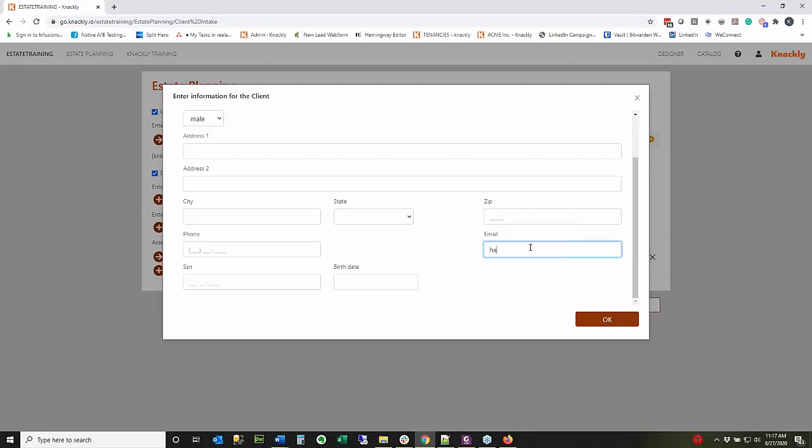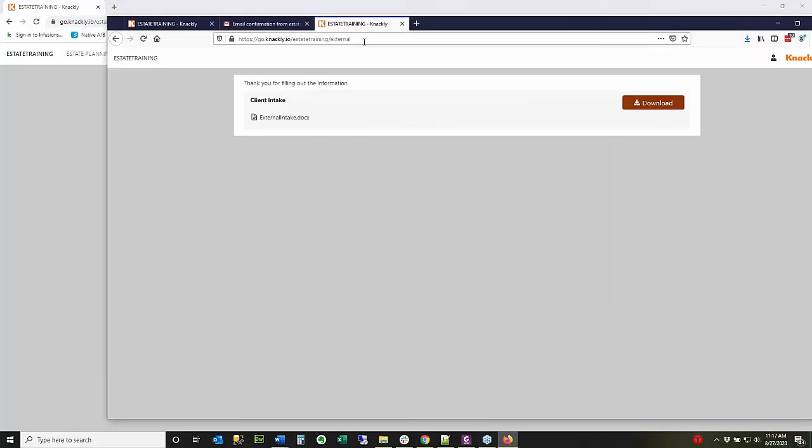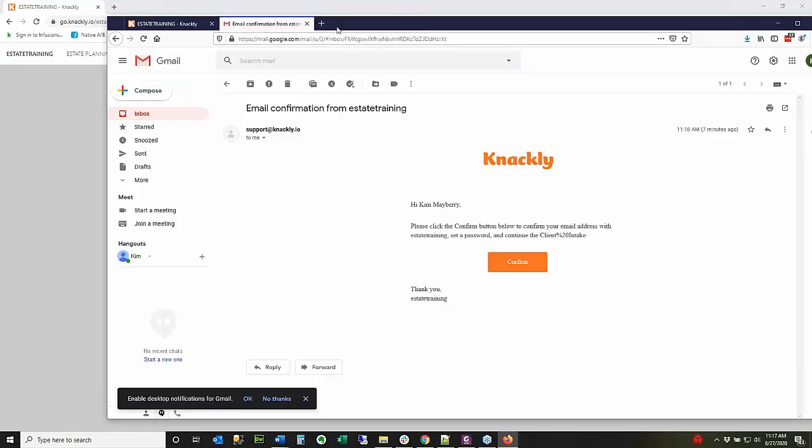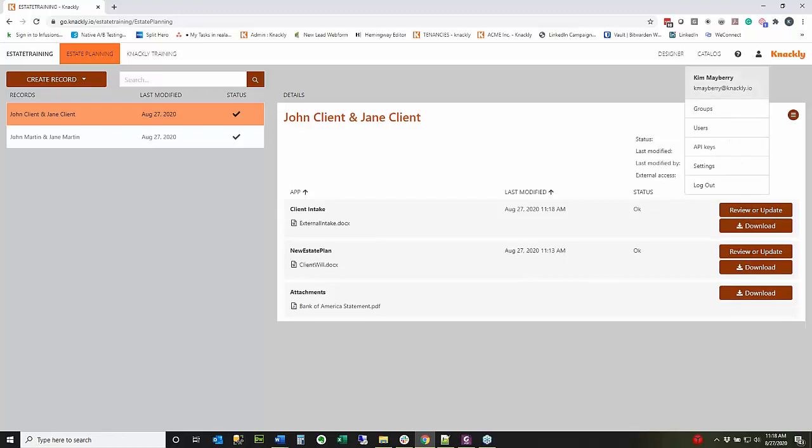So if I put john@gmail.com, it does have some error correction there. Now I've got this link, and you can basically copy it. And I'm going to make sure I log out. So you can see how this would work. And one other thing here, I'm going to actually delete the user so that the email has to be an email that is valid. So just so you know,